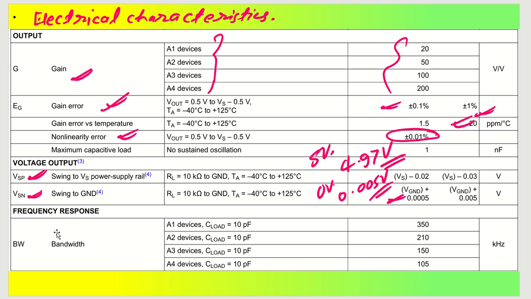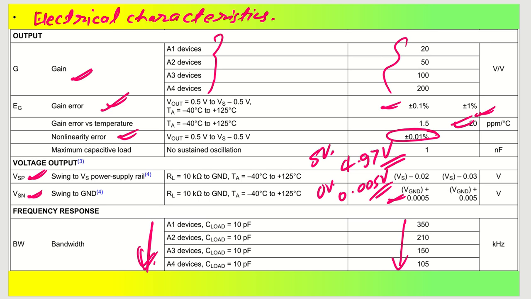Okay, we have bandwidth. So bandwidth, as you can see, decreases as my gain is increasing. As you can see, A1 is having 20, then 50, then 100 and 200, and my bandwidth is actually decreasing. Okay,